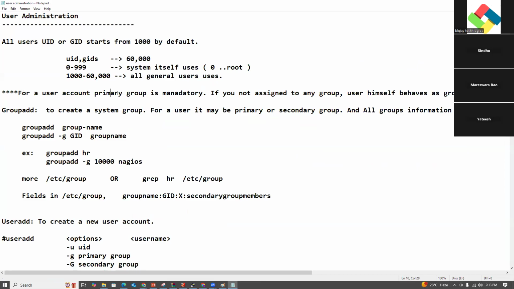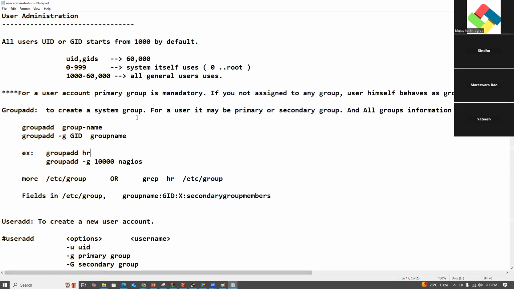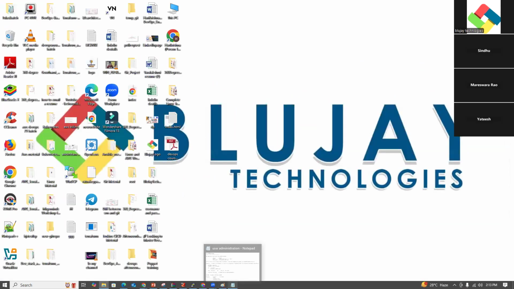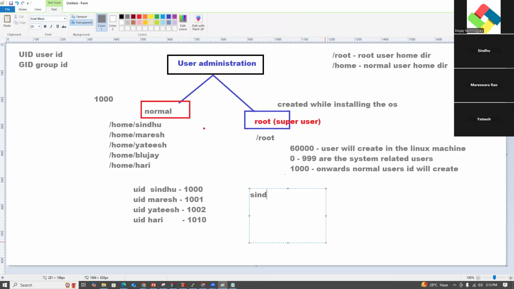For a user account, a primary group is mandatory. If you are not assigned any group, the user himself behaves as a group. Every user, Hari, Sindhu, Yatish, Maresh, has a mandatory primary group. For example, Sindhu is the user.